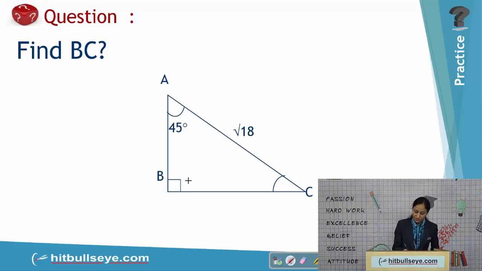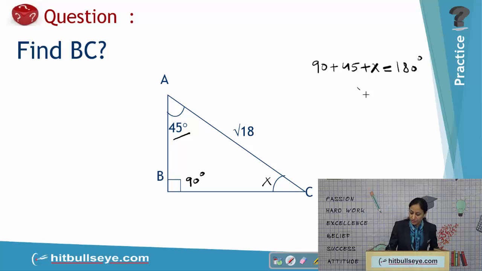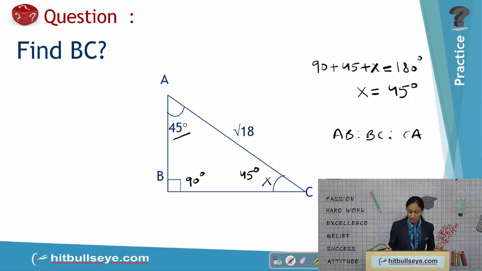Now in this question we are given that this angle is 90 degree. This angle is given to be 45 degrees. If I call this angle as x, then 90 plus 45 plus x is equal to 180 degrees. Therefore, x also comes out to be 45 degrees. That is, it's a 90, 45, 45 degree triangle, and we had learned that in such a triangle, the lengths of the sides AB is to BC is to CA is in the ratio 1 is to 1 is to